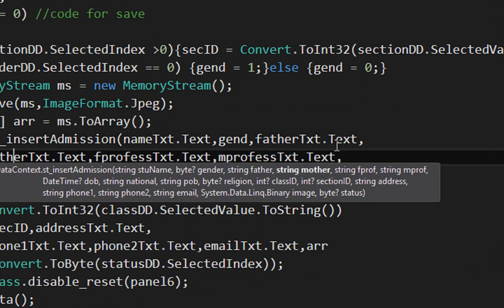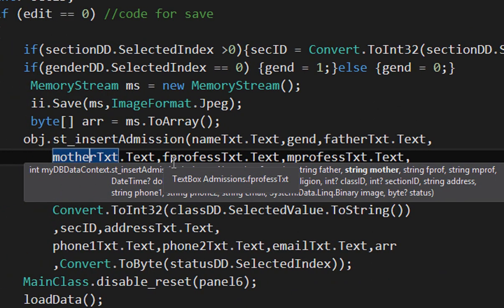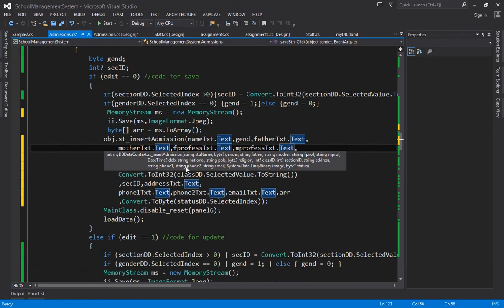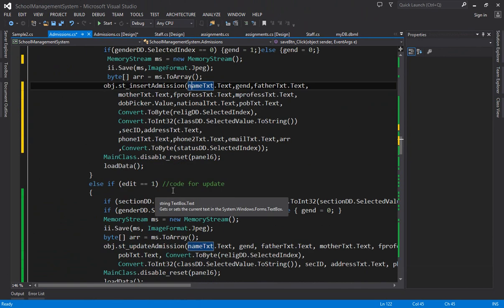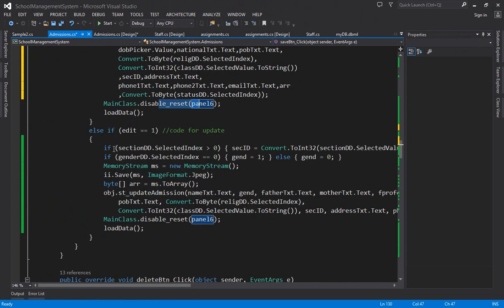Look, mother text, look, mother is highlighted, mother text, then father, profession, then so on. Okay, hope this is clear. So satisfy all the parameters that it is asking. Same is the case, and then I have loaded the data, disabled the panel and reset it, which is also simple. And after this, the same case I have done for update, the same code, but this time